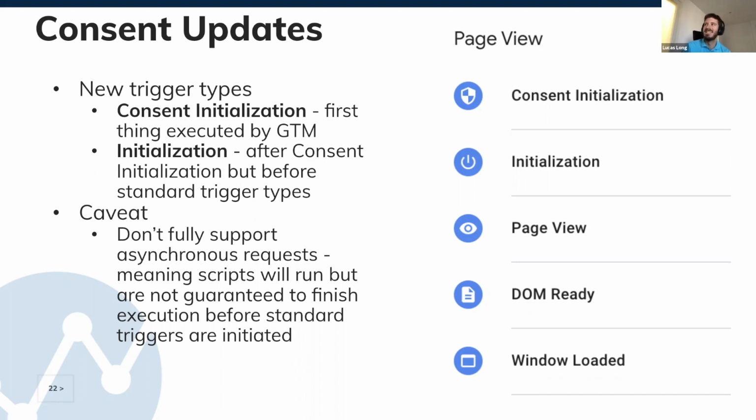The first one is consent initialization. It's the first thing that GTM is going to execute. Following that is an initialization trigger, which happens after consent initialization but before standard trigger types. While these happen, and any tags to which you have applied these initialization triggers are going to run first, they don't fully support asynchronous requests, meaning that the scripts will run first, but they're not guaranteed to finish their execution before the standard triggers are initiated. And this causes an